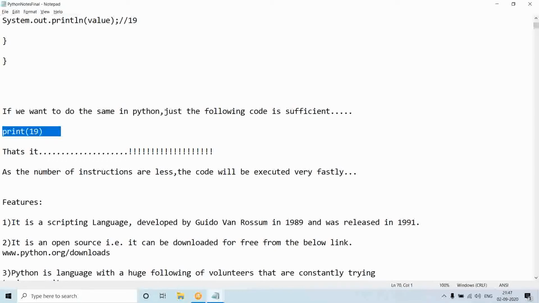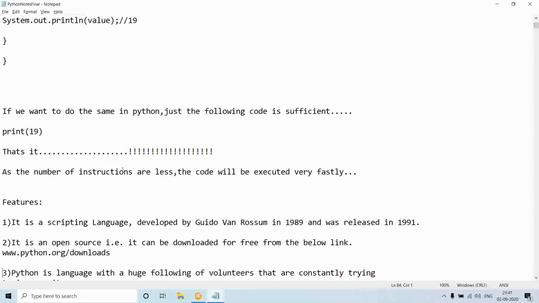So the number of instructions is very low in Python, and because of that the processing speed will be very high. One line will be processed faster than 9 lines, so it produces results in a much faster manner.